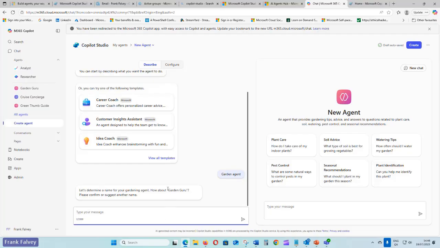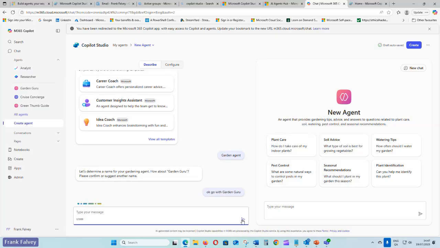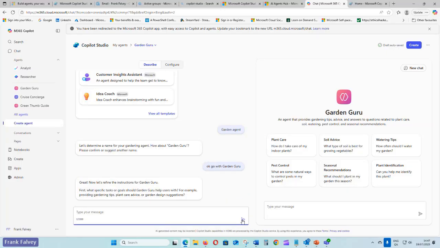So I'm going to go with this one, Garden Guru, and put it into the prompt. I hit enter, and Copilot takes my answer. It says, great, let's refine the instructions for your Garden Guru. First, what tasks or goals should Garden Guru help users with?